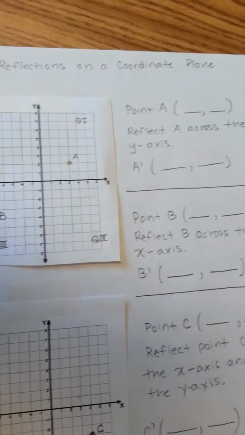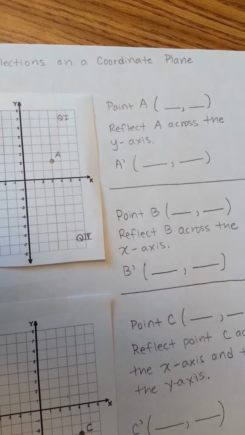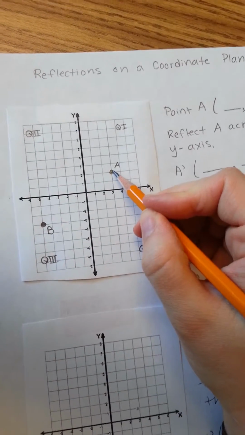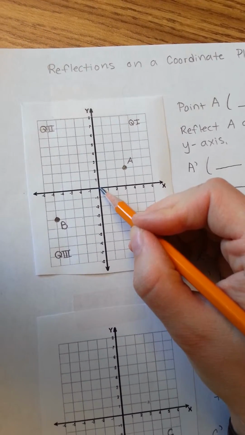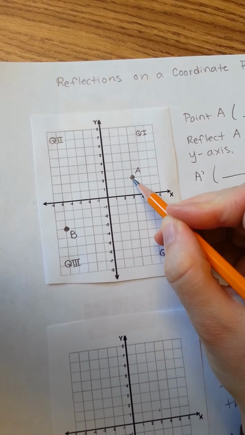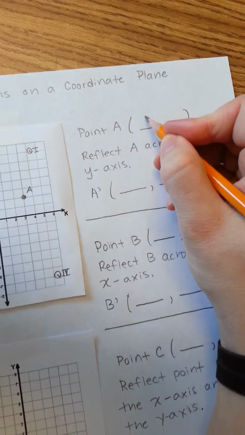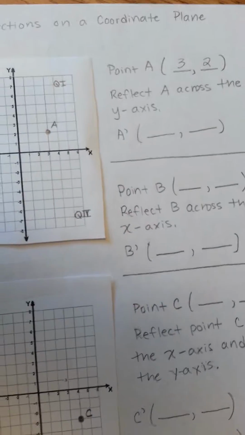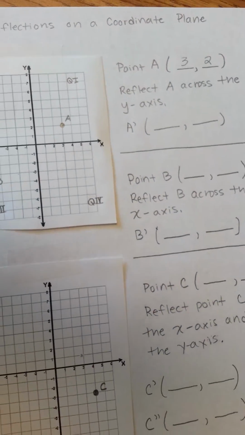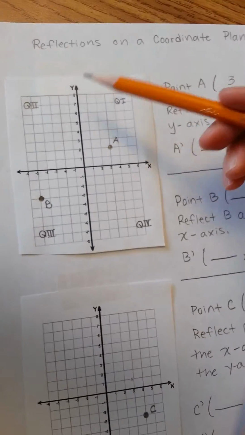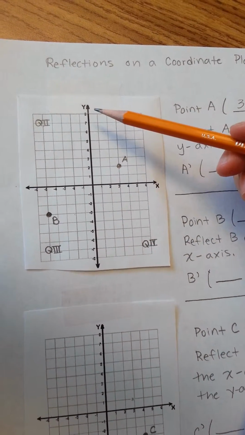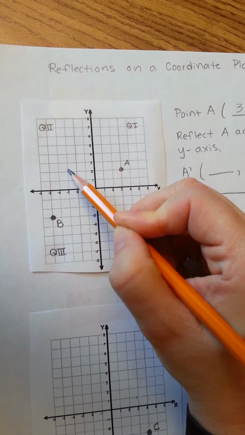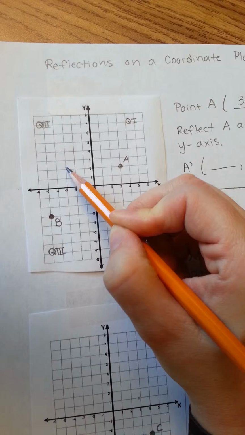Now, if you're asked a question like, what are the coordinates for point A? Here's point A. The coordinates are over 3 and up 2. So right here, I'm going to write positive 3, positive 2. Now, I'm prompted to reflect A across the y-axis. Here's my y-axis. It goes straight up and down. If I were to reflect it across the y-axis and just hop over the y-axis, I'm going to end up